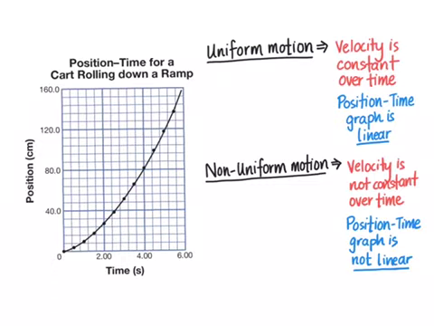So if we had uniform motion, velocity would be constant over time, and our position time graph would be linear. So it would look a little bit more like this, but linear. However, if we have non-uniform motion, that is, the velocity is changing over time, the position time graph is not going to be linear. And if we look at our position time graph that's shown here, we see it gets steeper